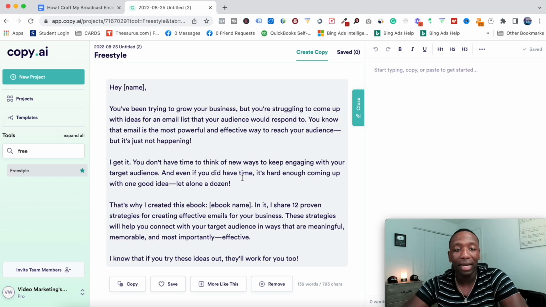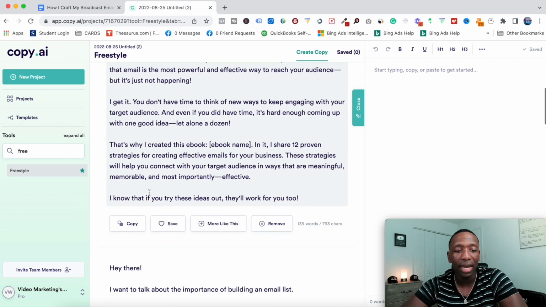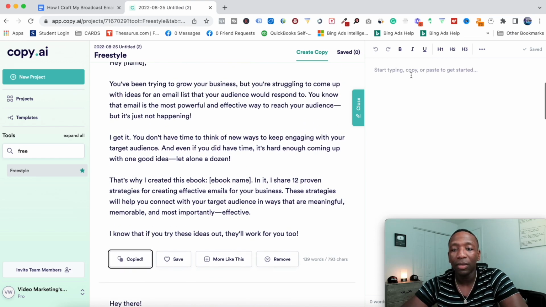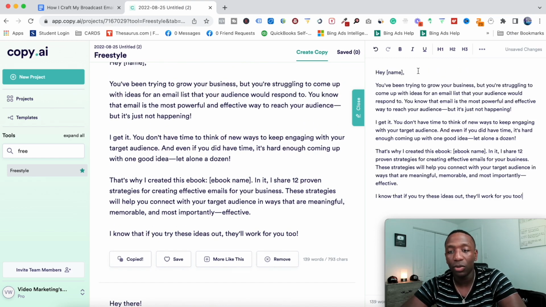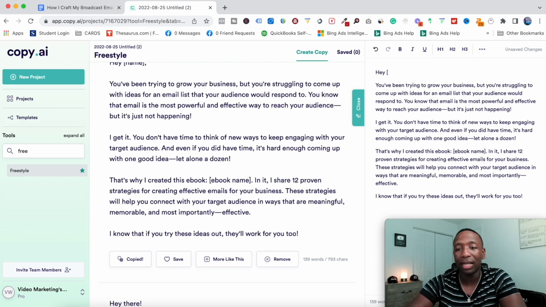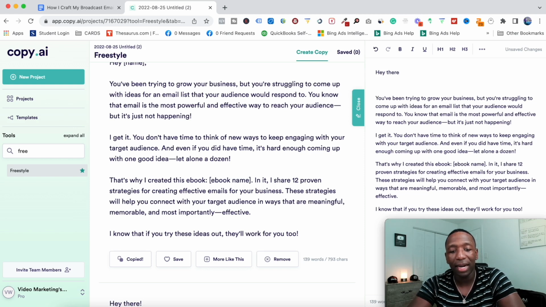Okay, I'm liking that, right? So if I wanted to go with that, I would go ahead and hit copy. I then would put it over here in this tool. This is like the editor tool. And then I like to start my stuff with like, hey there. And then if I say hey there, I might say, hey there, it's Rakeem. Right? Just start with my name, and you can do it however you want to do it, but I'll say,